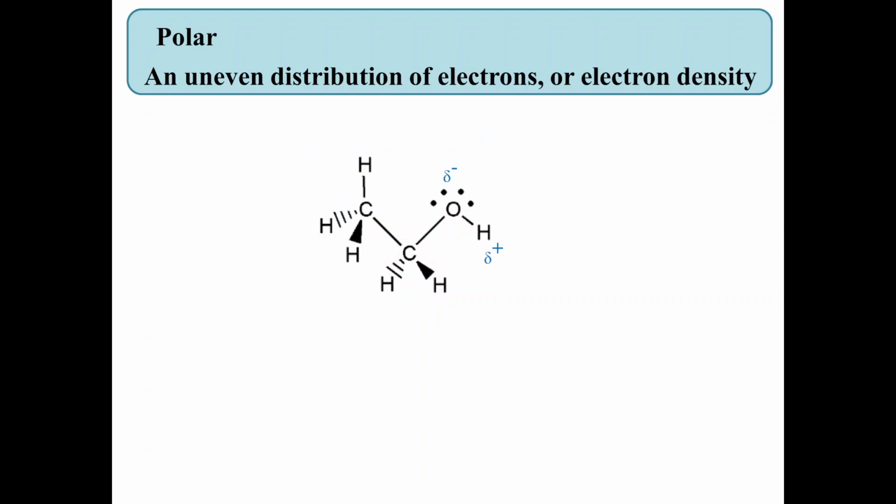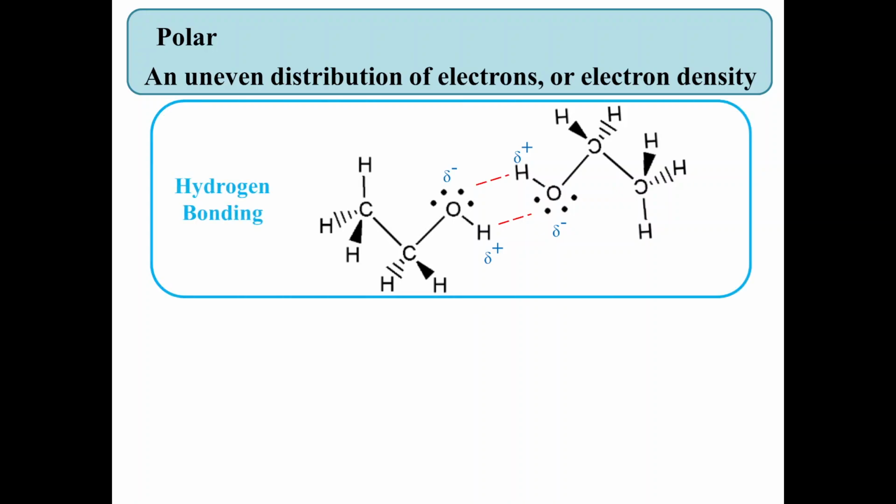So there's actually two ways that this ethanol could interact with another ethanol. The first way, and probably the most predominant way, would be for the ethanol to essentially interact with the hydrogen and oxygen of another ethanol. So for the hydrogen and oxygen of the other ethanol, we're going to have a partial positive and partial negative end, and the hydrogen that is connected to the oxygen of each of those is going to interact with the other's oxygen. And so we're going to have some intermolecular forces going on here, and this is known as hydrogen